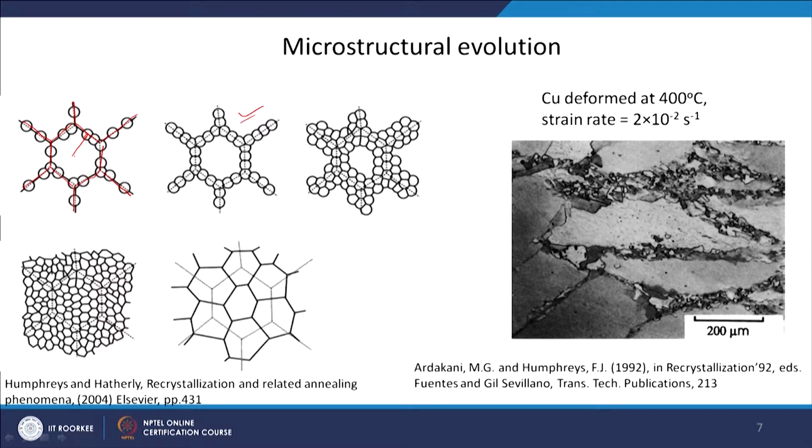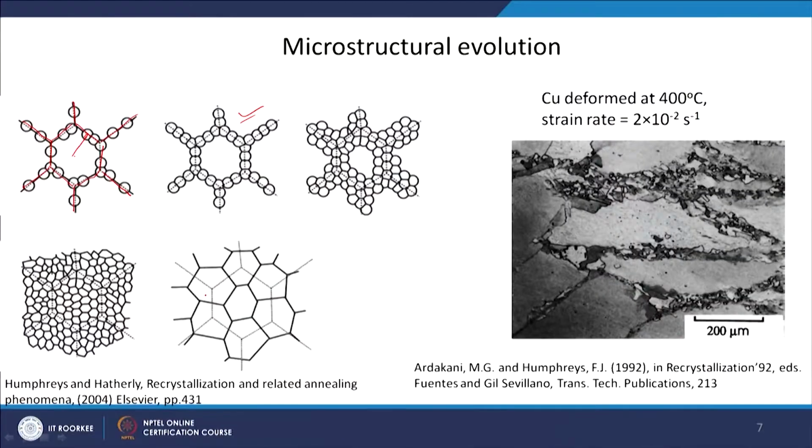So, you have a very fine equiaxed microstructure here, but as you know, the grain growth process is that the bigger grains grow at the expense of smaller grains. So, slowly you will have a grain growth process also associated with that. You can see after a certain time the grain growth has taken place, and that initial grain is now subdivided into these small grains. That is the recrystallization process.